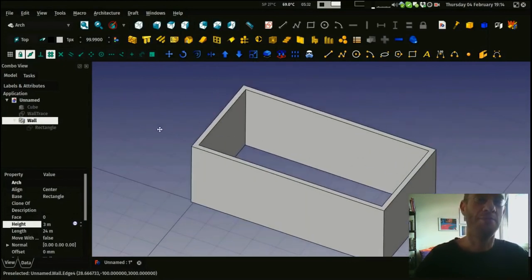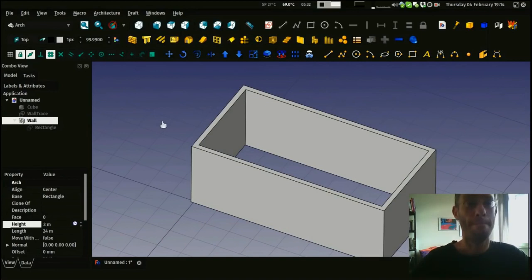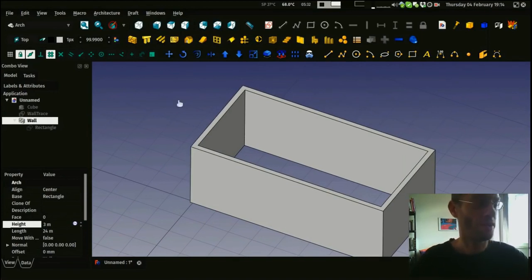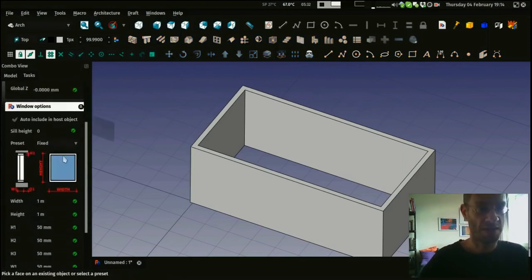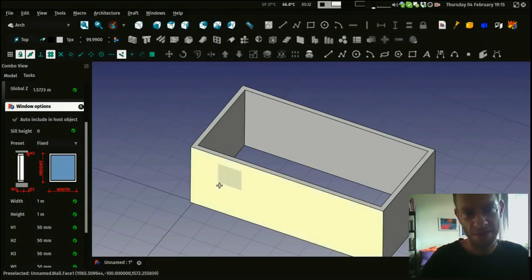So another interesting tool for architecture is the window tool. In FreeCAD, the window tool serves to make windows and also to make doors. Actually, a door is only a special case of a window. So this is a very simple tool as well. You just select presets, you give it dimensions, and you just place it